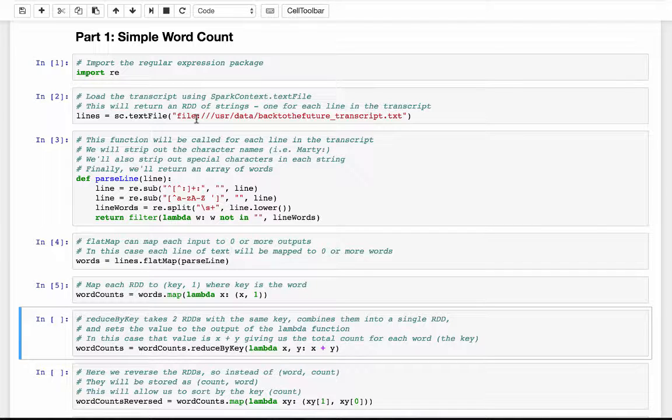So in the next step we're calling reduceByKey. ReduceByKey takes two values that share a common key. So for example, if the word "the" showed up in the previous step, we now have RDDs that would say (the, 1), (the, 1), so we would have maybe 10 of those. So reduceByKey takes